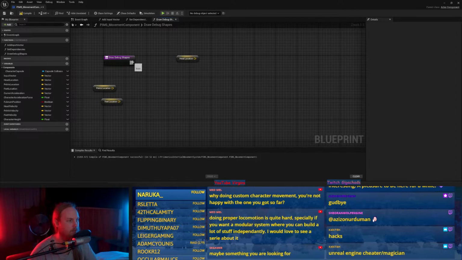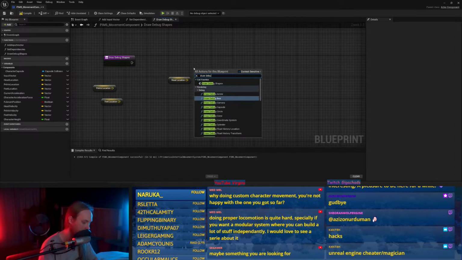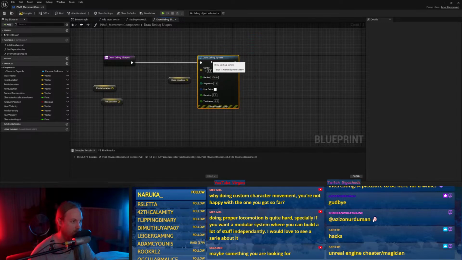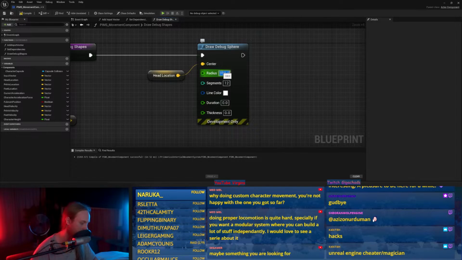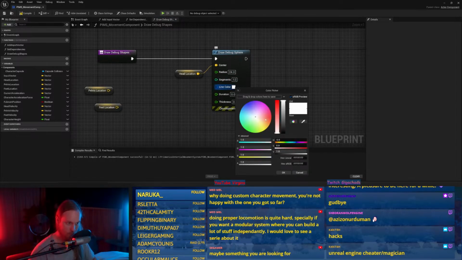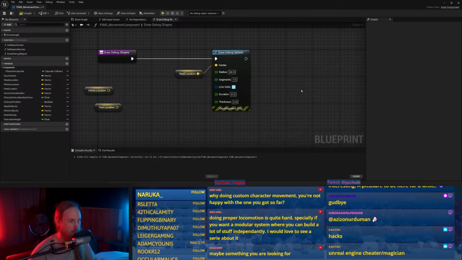No, sorry, not capsule. I want cylinder. So we want draw debug sphere. We'll draw the bodies. Head location, radius is, I don't know, 24. This is character colored, I guess.